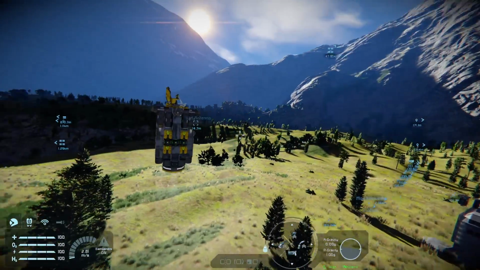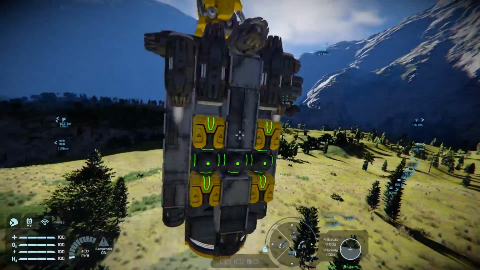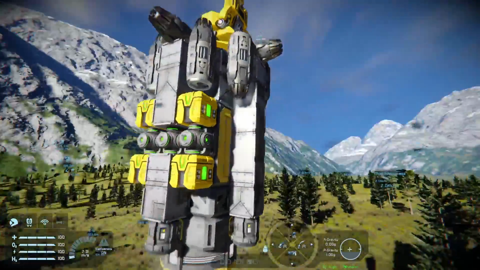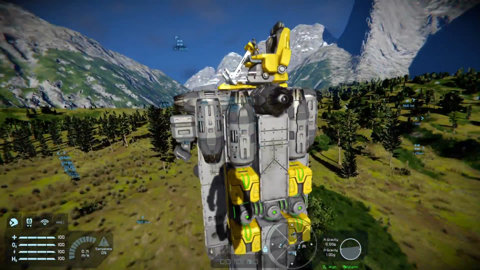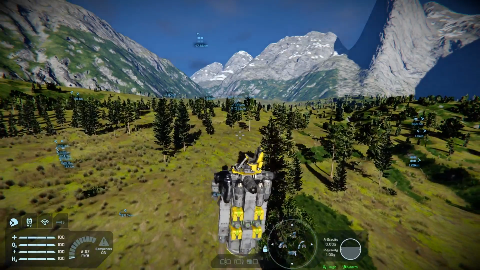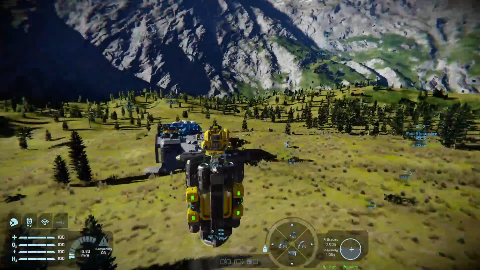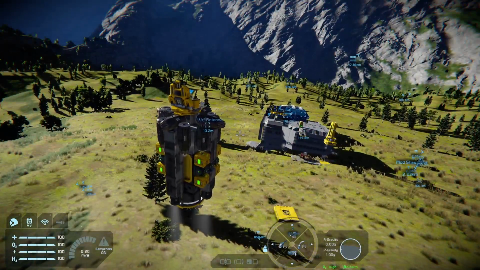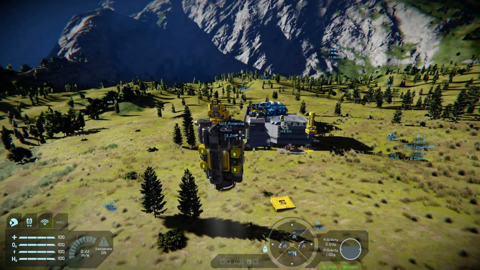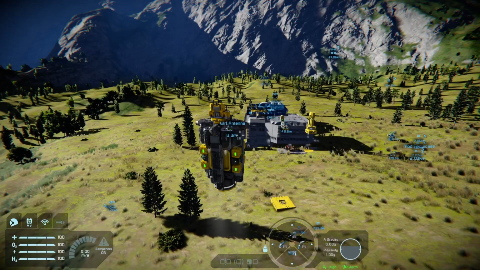So to start with, you're going to need a drone, and drones need to be built however you want, but make sure that the thrusters are on all directions. A remote control block will not work without thrusters in all directions, or at least it won't work as well. You will get some errors.